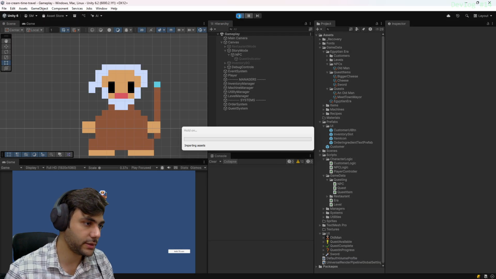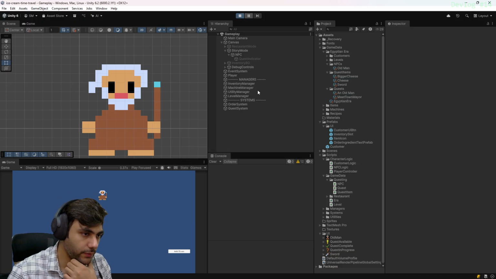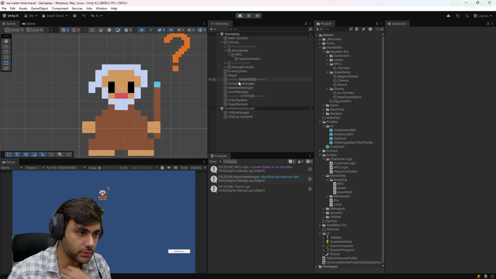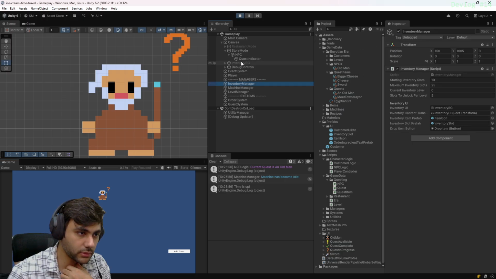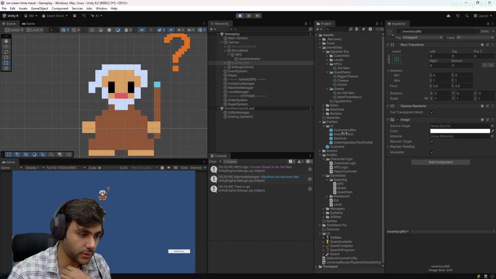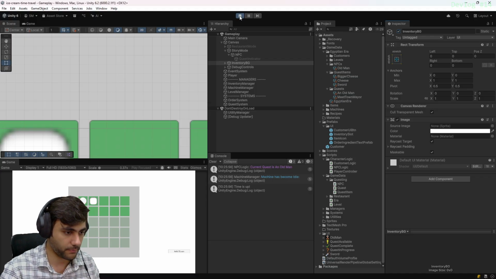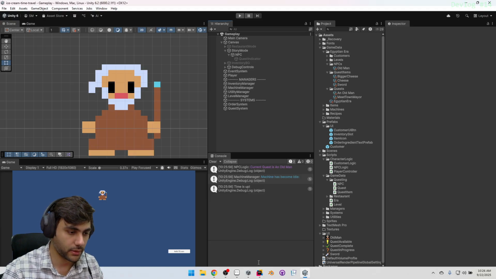Let's hit play and see if we are receiving a reward or not. Click, has given us item. Yes, we have gained another item, which is a bigger cheese. But